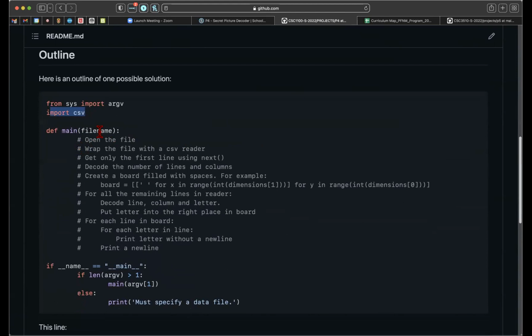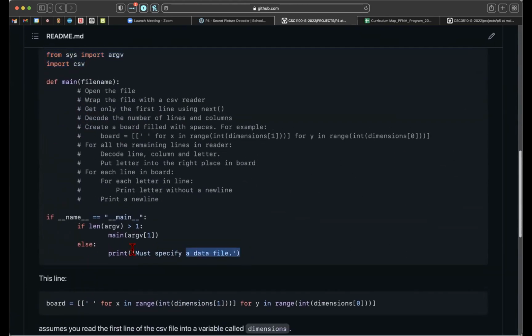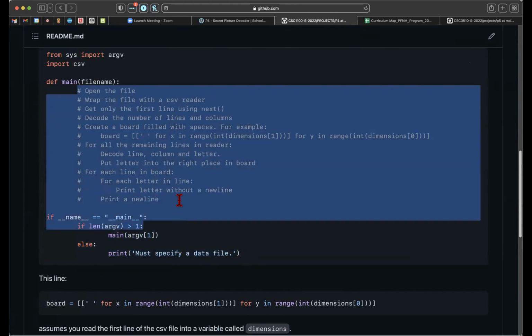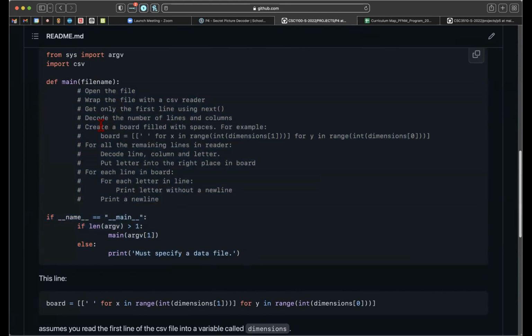Okay, so the outline is: open the file. Well, first of all, the outline gives you this code and also this code, and you're responsible for this code. So open the file, wrap the file with a CSV reader, and get only the next line, only the first line, using next. We can definitely give examples of that. Then decode the number of lines and columns,